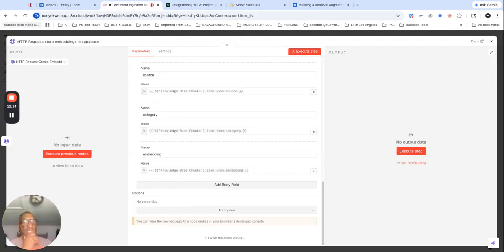So basically, just to summarize, what we're doing here is this node takes everything, the original chunk text plus the 1536-number embedding from OpenAI, and writes it as one row in our Supabase table. So this is the moment where the knowledge base actually gets built. We're basically filling in a filing cabinet, except instead of just text on a card, we're also filing a mathematical fingerprint of what that text means. So, moment of truth now, when we hit run here to execute this workflow,